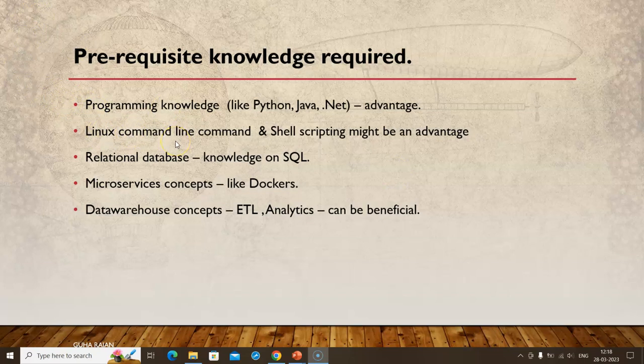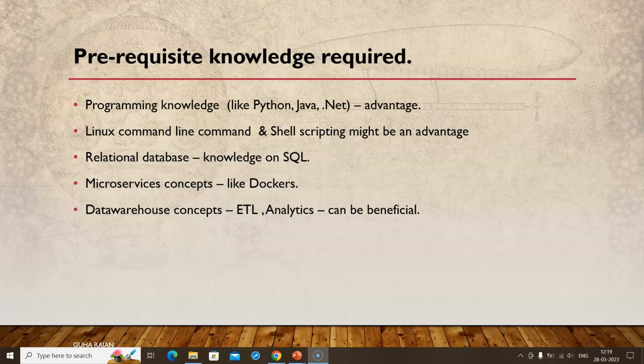You need not be an expert, but you need to know what it is. And the relational database, particularly SQL. So I would suggest Python or Java, some Linux command line commands, and relational database. Particularly if you have a basic knowledge, then you can build over it. So if you have knowledge of the first 3, it is going to be beneficial in learning